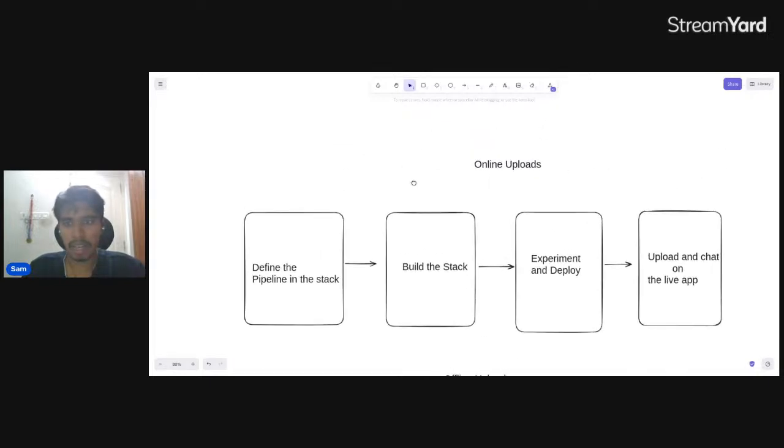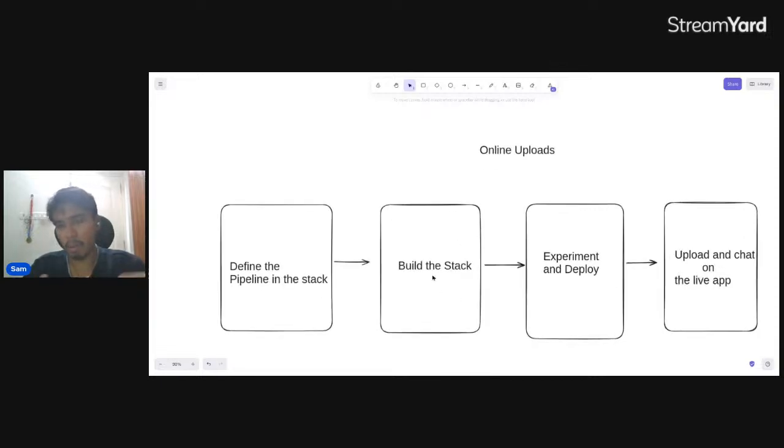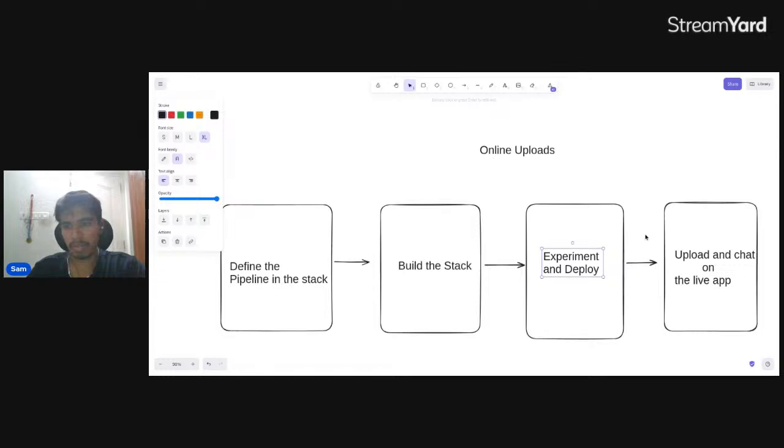I'll first explain online uploads. Online uploads are like hot uploads, like the chat with PDF use case you saw just now. You upload a file on the chat application, and then that data is hot loaded and you chat with that data in real time, at the same time. So that is the online upload. You define the pipeline in the stack, build the stack, experiment and deploy. If you are confused what a pipeline is, a pipeline is nothing but the data flow that you have inside